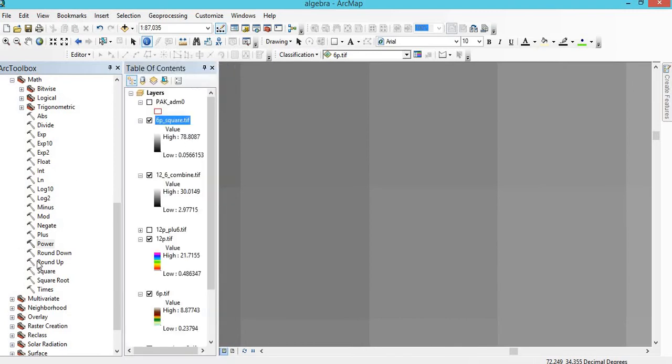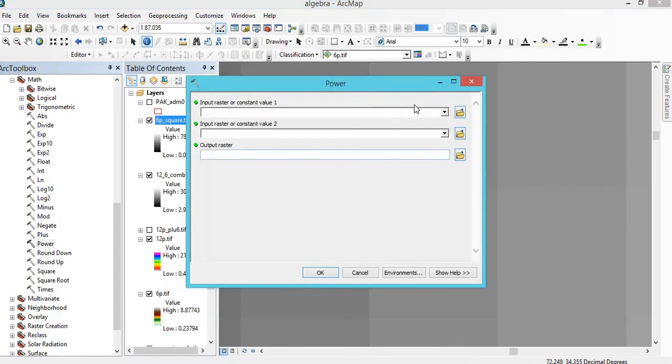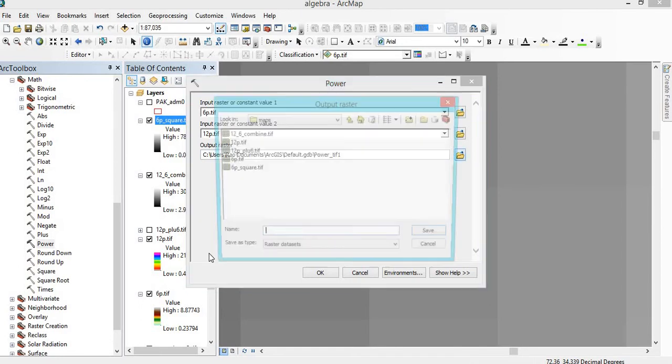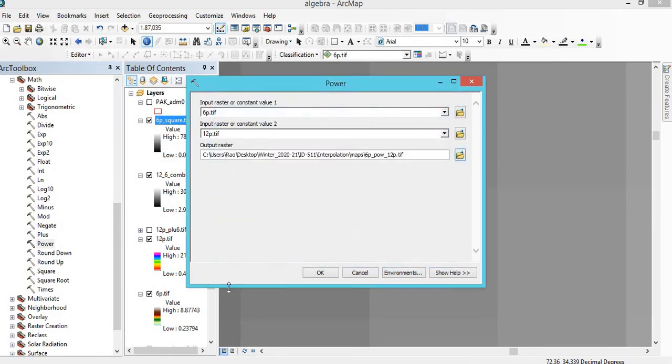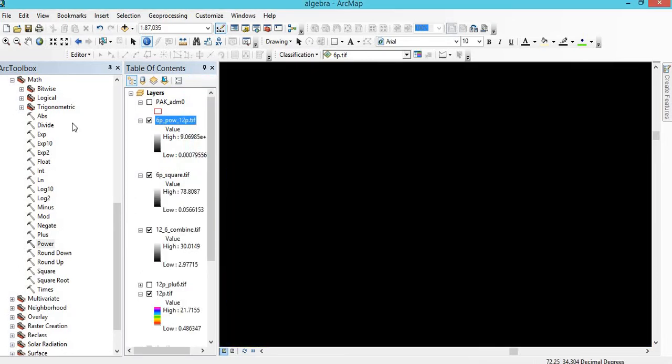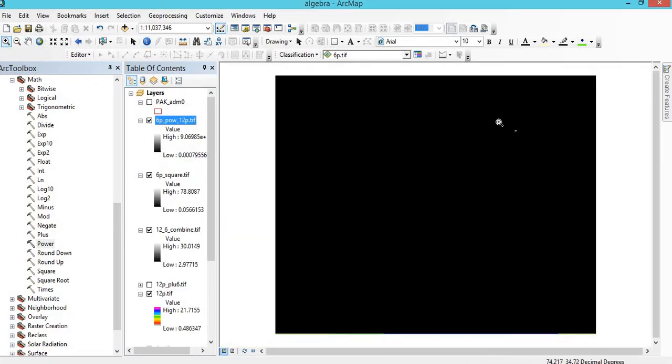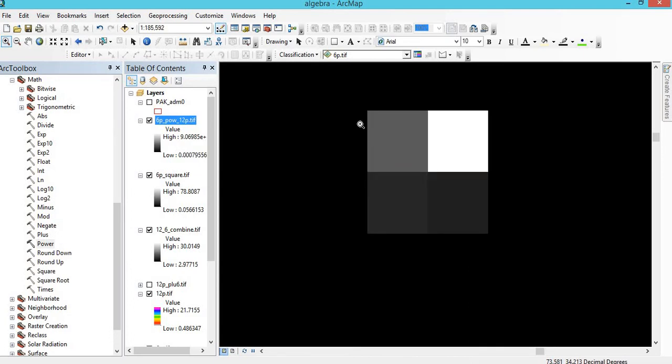And if we want to get x raised to power y, then 6p and then 12p. Now it will be x raised to power y. We will give it the name 6p underscore power underscore y underscore 12p and OK. Now you can see, we will go to any pixel like this pixel.